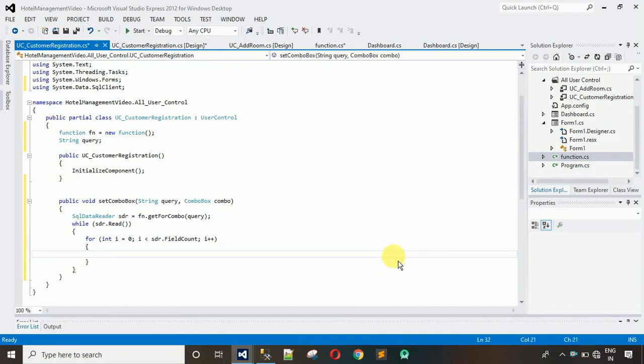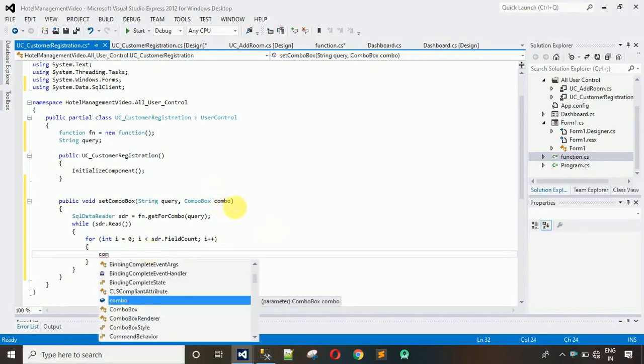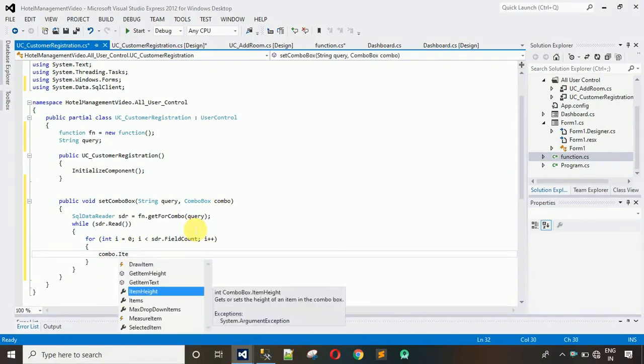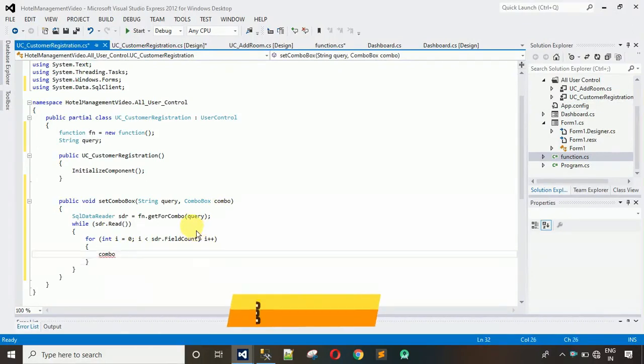This loop will run from 0 to str file count. It means that however many files there are, the loop will run from 0 to that number. And here what we have to do is set the combo box. The combo box name is combo over here. You can see this combo dot, we have to add items, each time with each iteration we have to add items